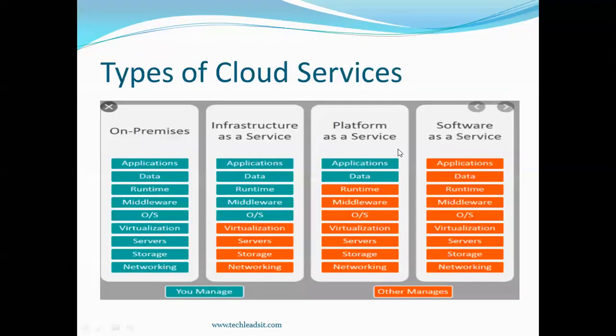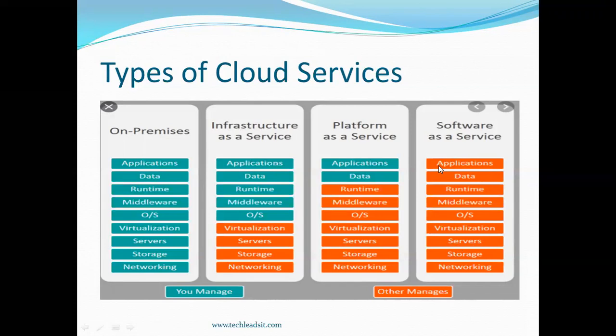Okay. Here we have the types of cloud services. We have software as a service, which is the SaaS application. In this model, all layers like applications, the data, the runtime, the middleware, operating systems, servers, storage, and networking, everything is hosted and managed by Oracle itself.